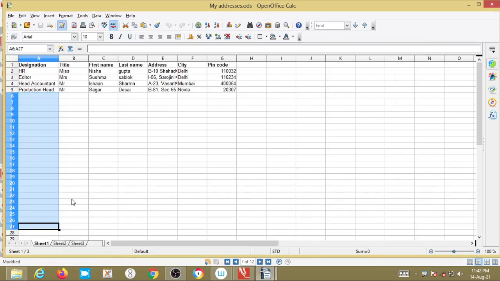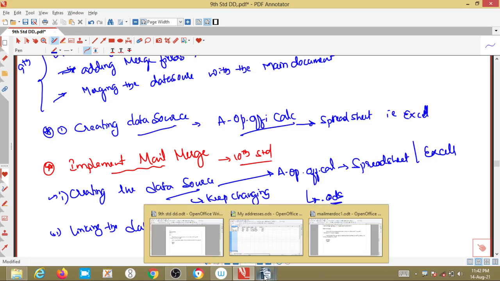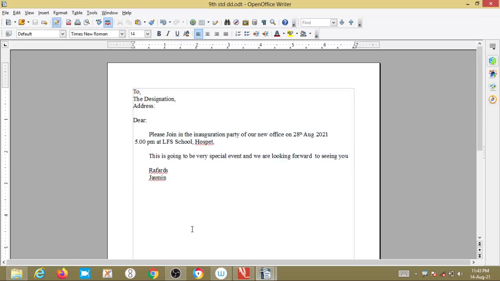The second step is linking the data source. For that, we have to open OpenOffice Writer, which we opened previously as well.